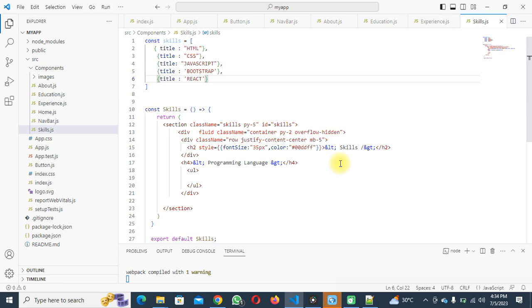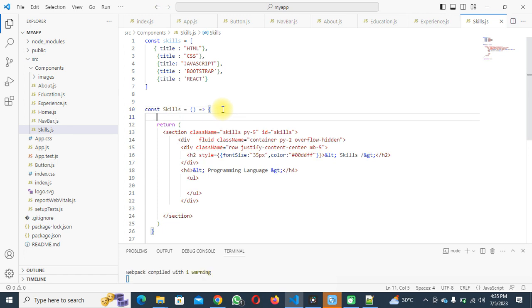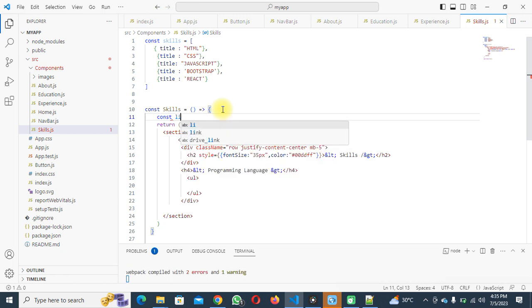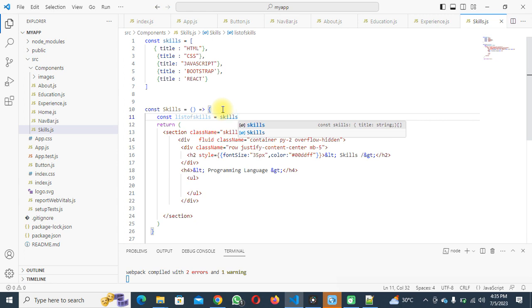So what I am going to do now is say right here constant list of skills is equal to, so that will be skills, our skills up there, dot